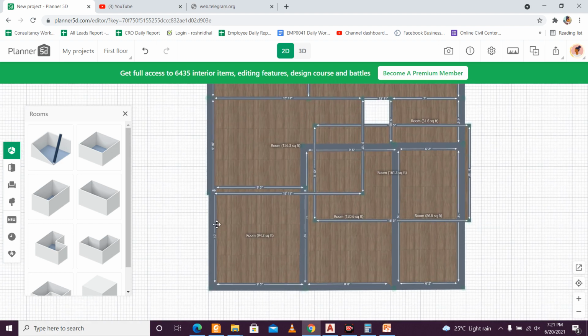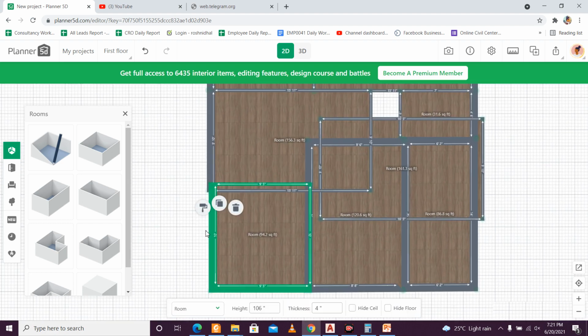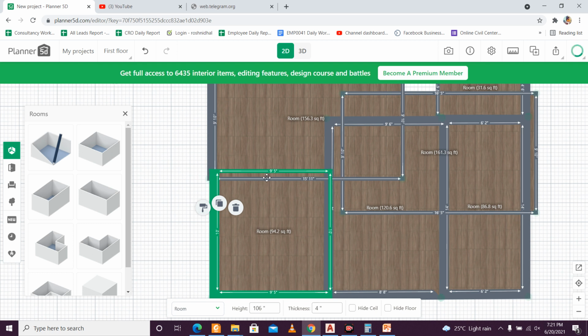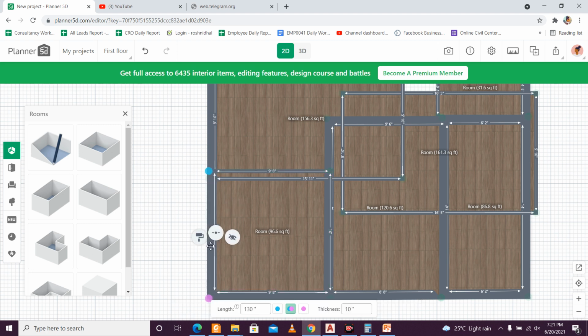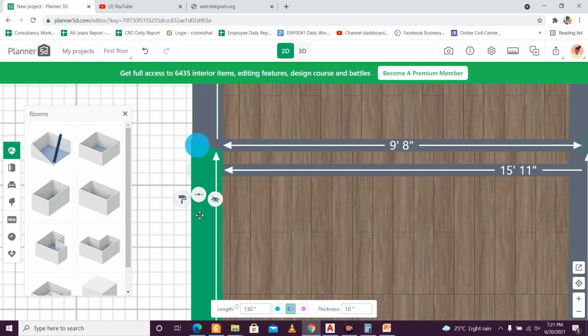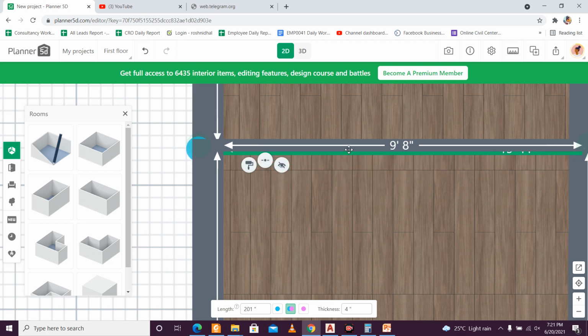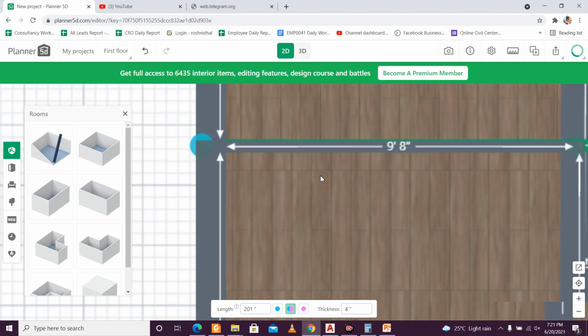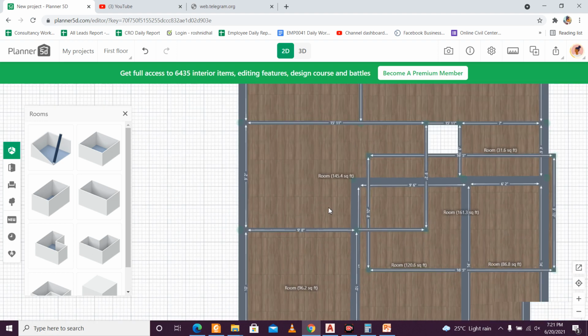And for this portion, I think we can increase the dimension of this particular wall up to this much, so it will match with what it has. So we'll just move it upwards and put it here, the common wall.